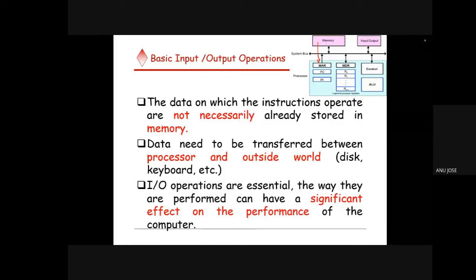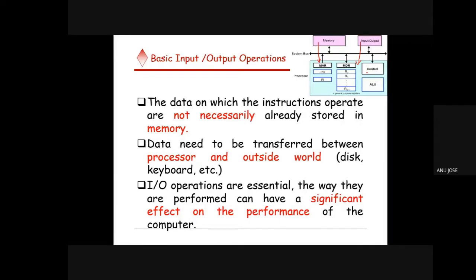Maybe that data you can give from the user also, like from the input device, the way you are typing on the keyboard. In the same way, the data may be taken from the keyboard and that will be directly taken into the processor. So that is one more way of getting the data for the processor.